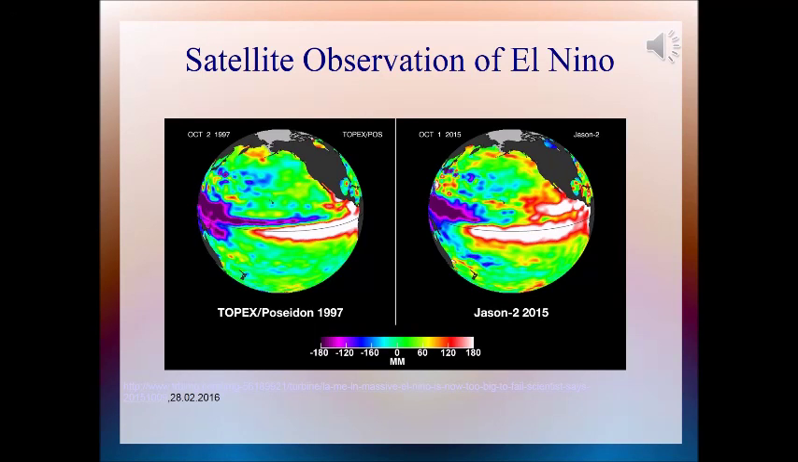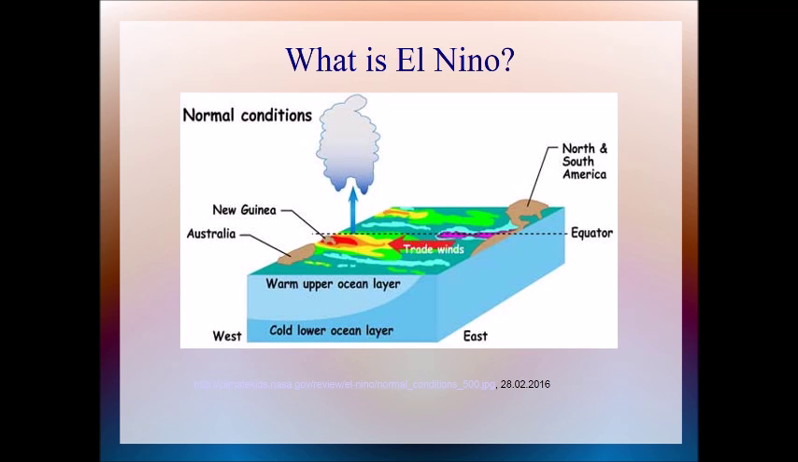This is a video about satellite observation of El Nino. El Nino is a recurring weather phenomenon that occurs in the equatorial region of the Pacific Ocean. In a normal year, there is a high amount of convection in the west, which is connected to a high